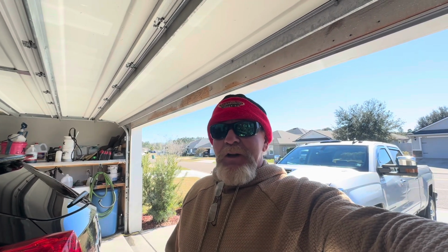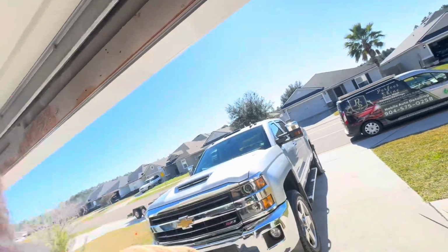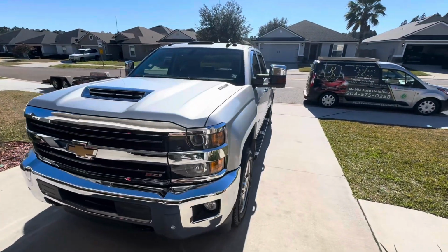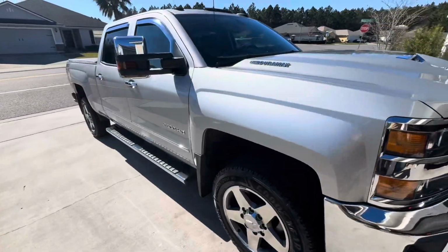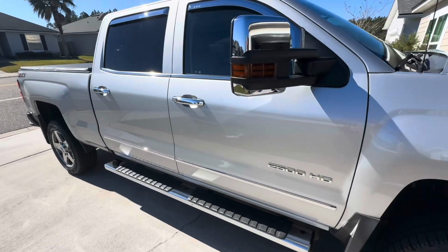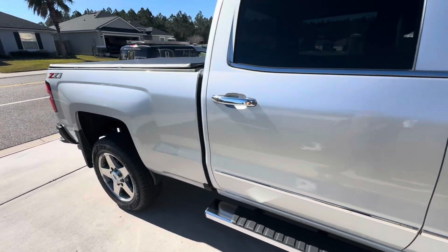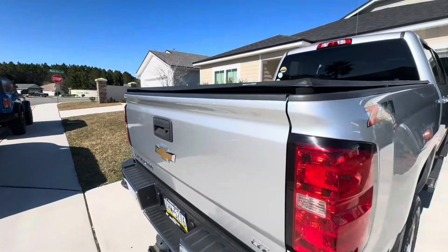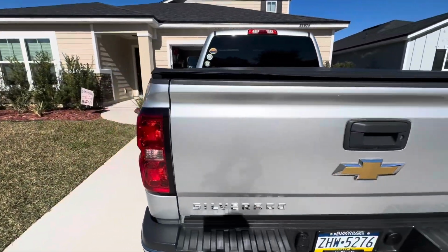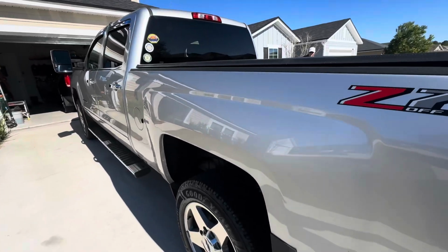And most of us that have been doing this for a long time, we've tried almost every coating out on the market. We realize that there's a big difference in the quality that you get weeks, months, and years later. So we'll take a quick look around here at the truck. It came out absolutely beautiful, as I anticipated it would. We've got it all dialed in, and I did use my favorite topper on it this time around to help protect it for the rest of the winter, as it's gonna be outside for the majority, if not all, of the winter. And got it dialed in, looking absolutely beautimous,